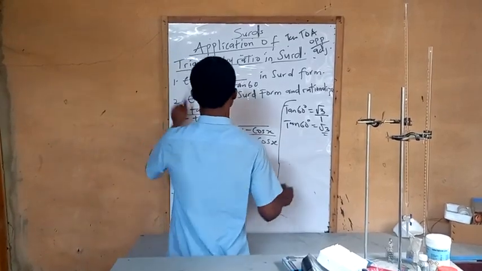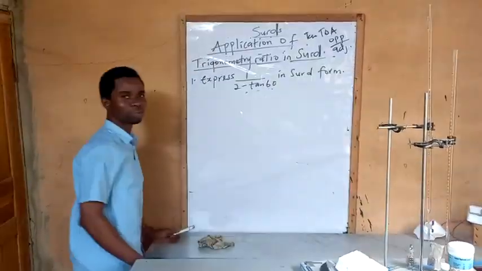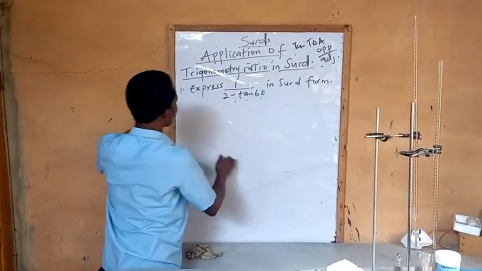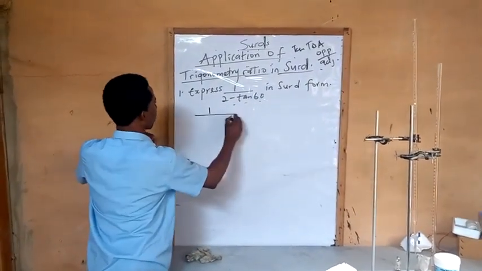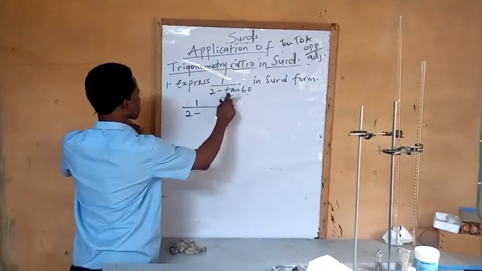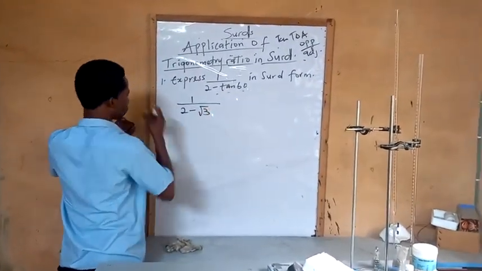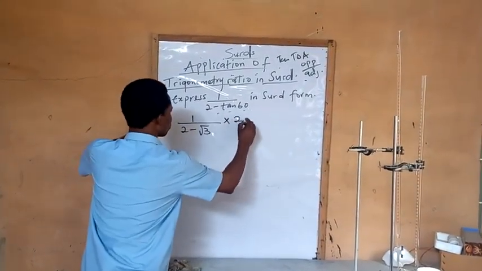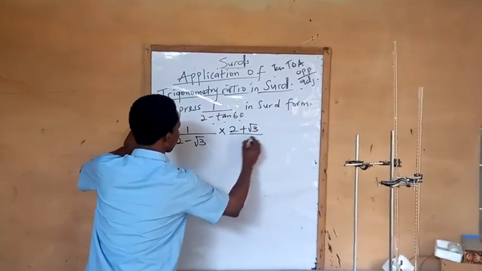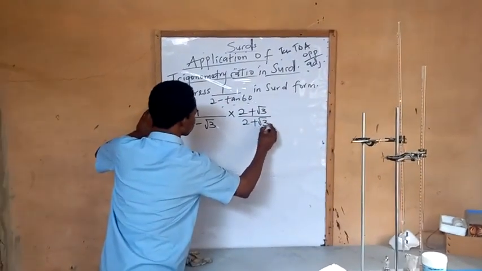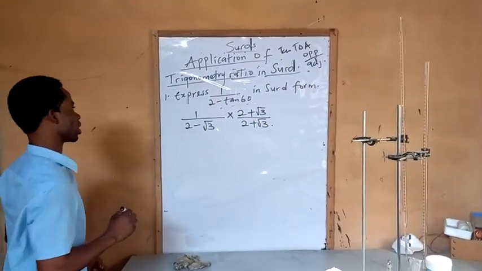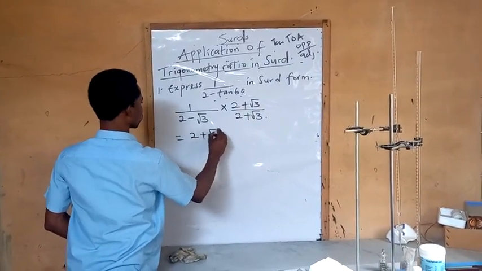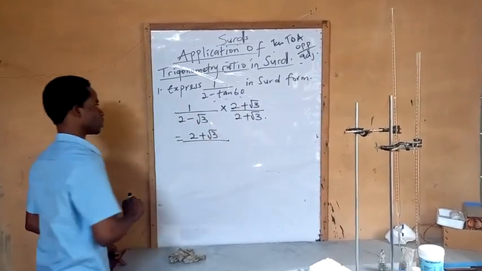We can now solve this number 1 together. We're going to express this in surd form. That means 1 over 2 minus tan 60, that's root 3. So we rationalize. That means times 2 plus root 3 over 2 plus root 3. So when you want to rationalize, that equals to 1 times this. So this gives us 2 plus root 3 all over